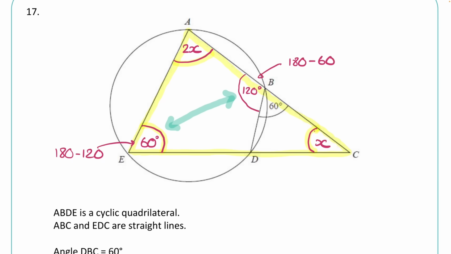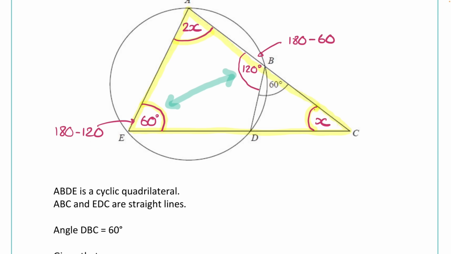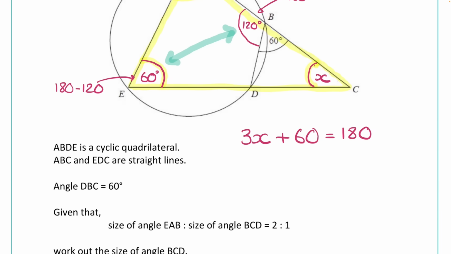So we can actually form and solve an equation for this. In total, if we add up those three angles, 2x add 1x is 3x plus the 60, and in total that adds up to 180, obviously, as angles in a triangle add up to 180. I can now solve this equation, subtracting 60, so 3x is equal to 120,